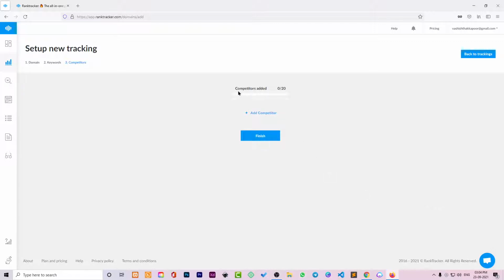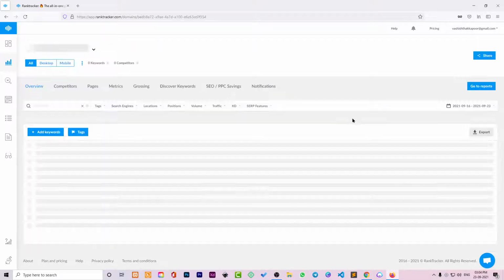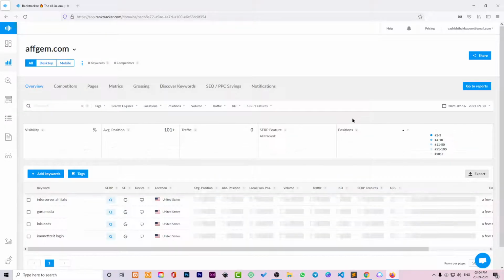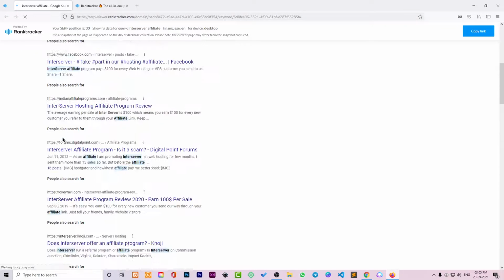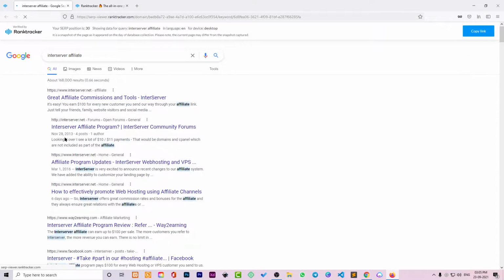So competitors added. I can also add a competitor, but I don't want to, so let's finish it right there. So here you can see my keywords are added, and it's SERP, that search engine result page. You can click on this button to see actually your page. So it is going to take a little bit of time and open up the Google search engine for you,